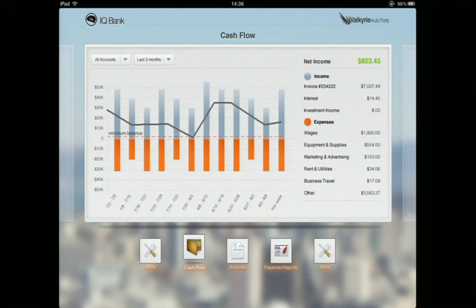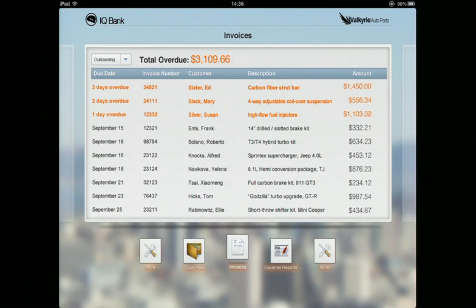That's terrific, Eric. Now, can you also get to what was the underlying cause that caused this issue? Absolutely. IQ Bank also has an invoice app. And so we see down at the bottom this invoices app. I'm going to tap on it. And it brings up a list of invoices that are pending. And I see that I have a couple that are past due. My guess is that when I was at the travel show or at the car show, I probably let things slide a little bit. So time to call some customers, I think.